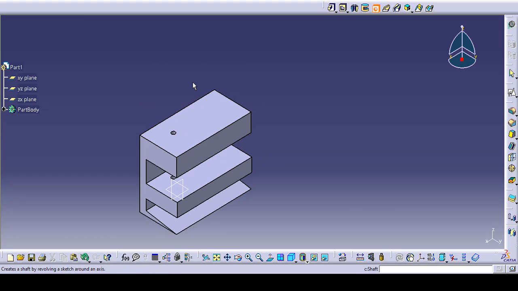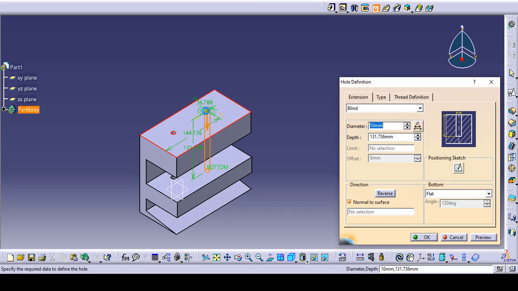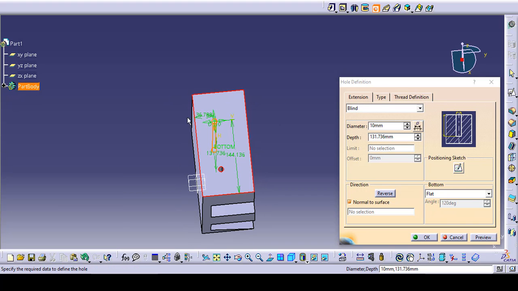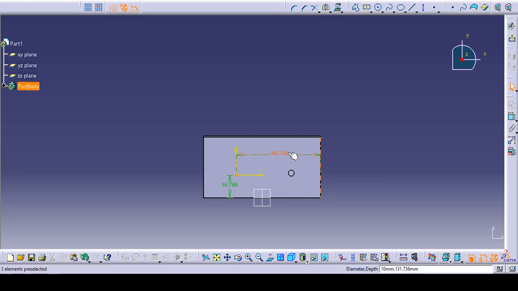select the hole command, and then select the lines from which you need to define its location, one by one, like this line and this line. And on which surface do you want to create a hole? On this surface. Now I will get the center point with the dimension. Here you can see, you may opt to work in the 3D mode, so you can click position sketch and you will get the dimensions already there. You need not use the constraint command. It's a shortcut way, or an efficient way.